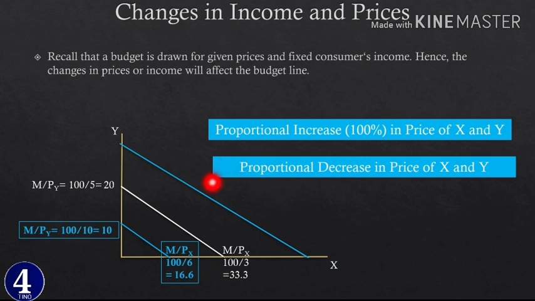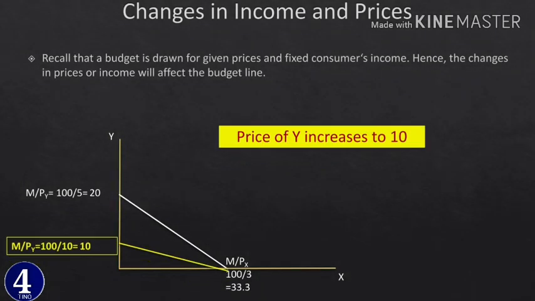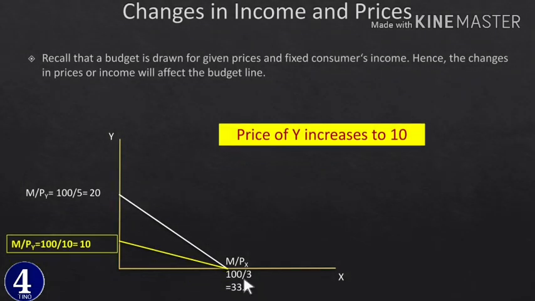ላይ ነው የሚሆነው የሚለውን በዚህኛው ላይን እናያለን ማለት ነው። ስለዚህ when a proportional decrease in both price of x and y happens, this curve will shift outward, and the amount of y that we can purchase and the amount of x that we can purchase ይጨምራል የሚል ኮንክሉዥንም እንወስድበታለን ማለት ነው። Okay, now let us see the price of y ብቻውን ሲቀያየርስ በጀት ላይናችን ምን አይነት ለውጥ ያመጣል የሚለውን. We're about to see now the first case